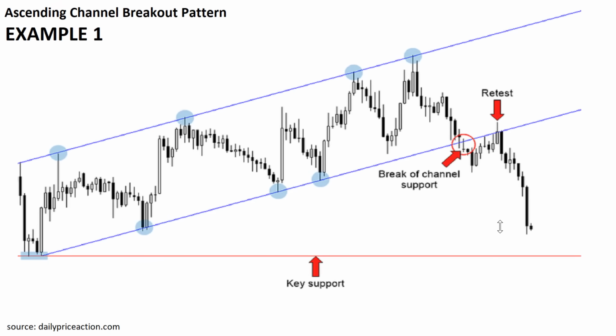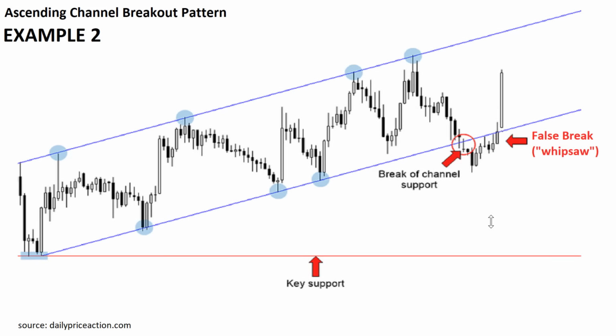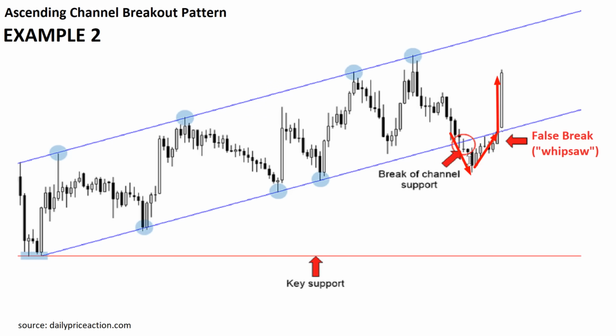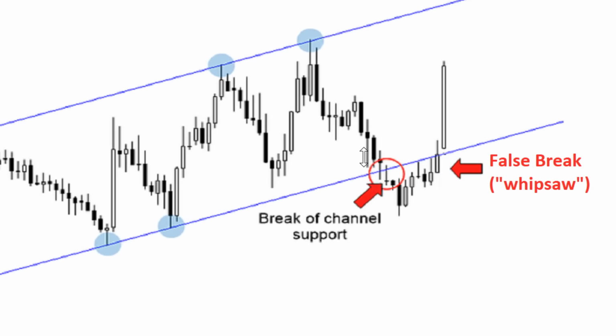What's the other one? The other potential scenario, you may remember, is this one, where price essentially makes a whipsaw or a false break. This is where price breaks out of the channel, then goes back to retest it, and then goes back inside the channel, as you can see here. That essentially is a false break or a whipsaw, and this actually is quite bullish. So it's worth remembering that if Bitcoin were to do something like this, if price breaks out of the channel, then goes back within the channel again very quickly within a few bars, as you can see here, that actually is a very bullish sign.